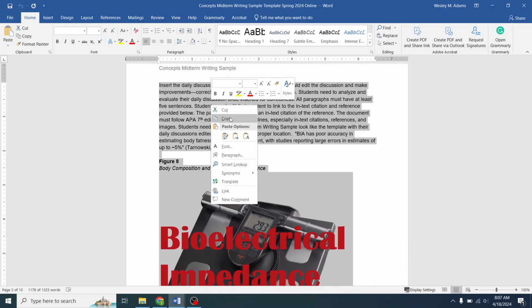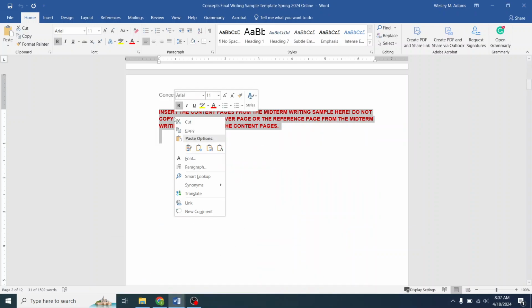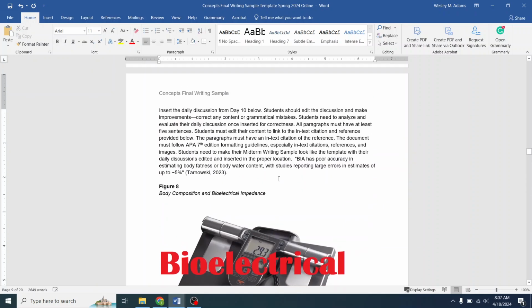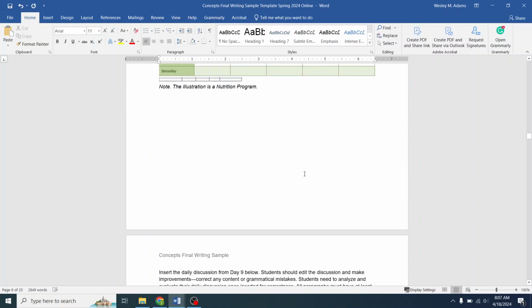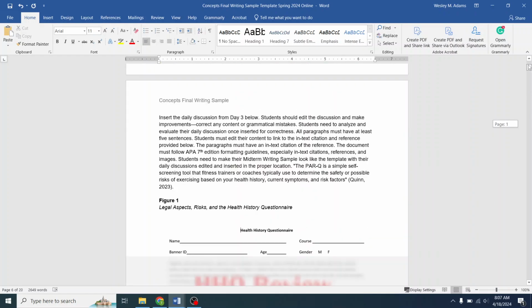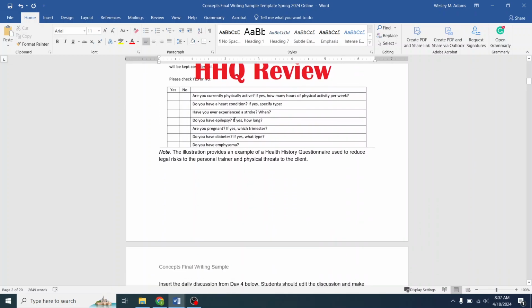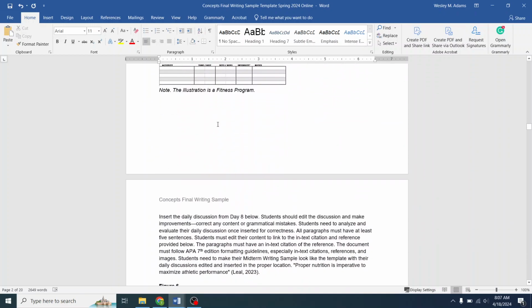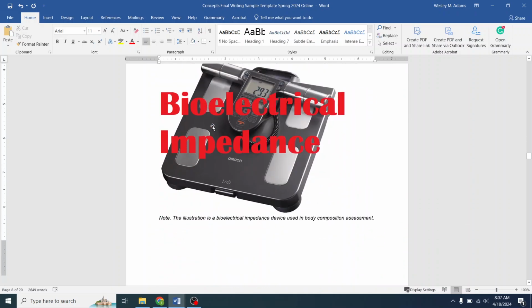So I'm going to right-click, copy, and then I'll go back to my final writing sample, and I'm going to paste those in, but use that first paste option if you're inside of Word so that you can keep the images. And if you're using Google Docs, I think it's still the same first option. So what you'll notice is where I had that text highlighted in red, it pasted in my midterm manuscript content pages. That's already been graded. You know it's good to go. Try to get everything to fit on one page. And then scroll back down to where you see